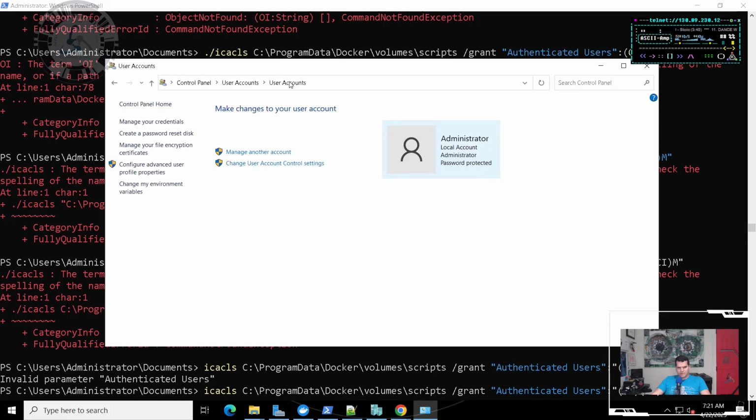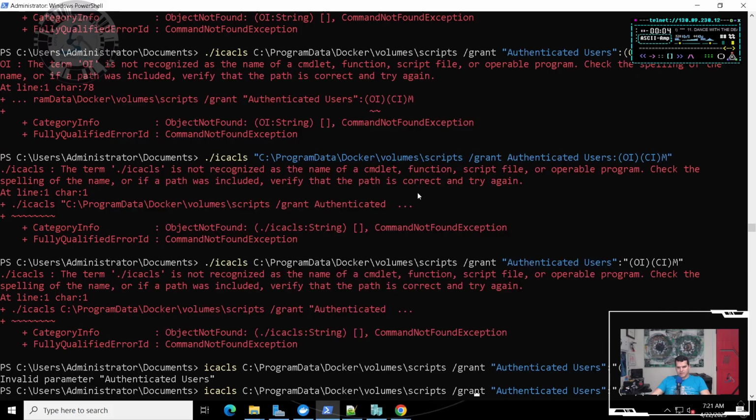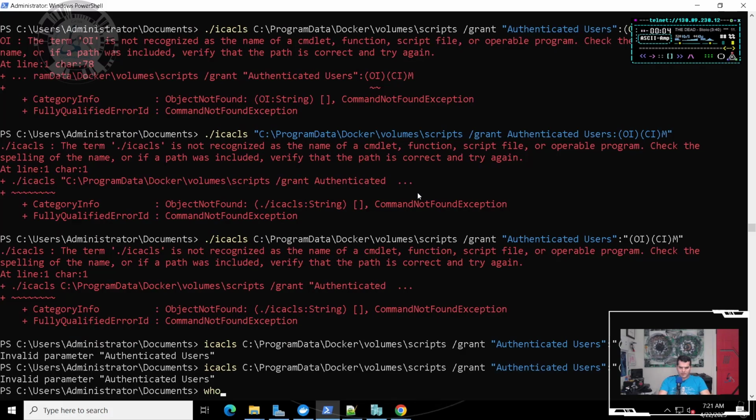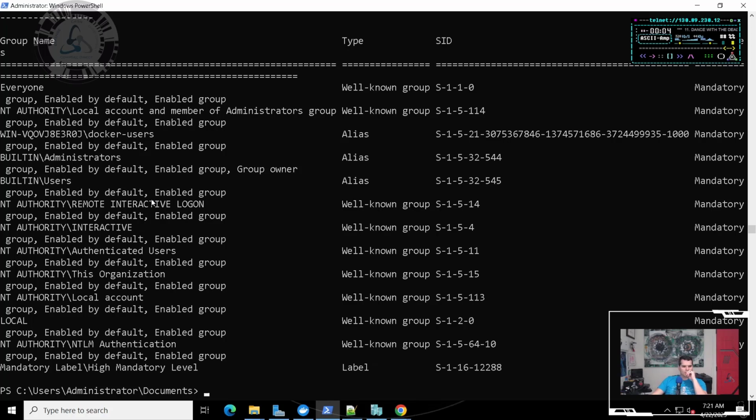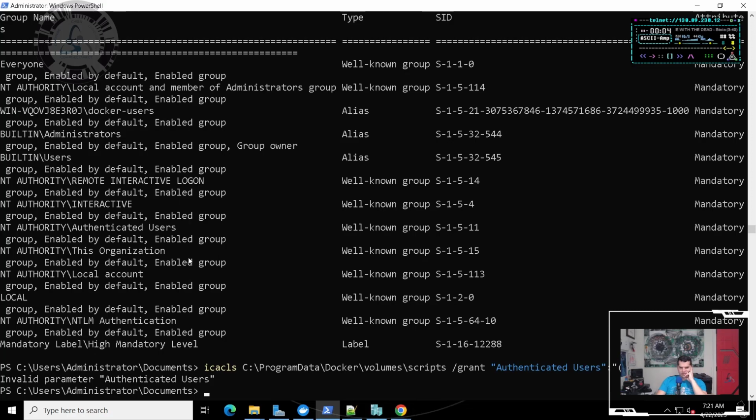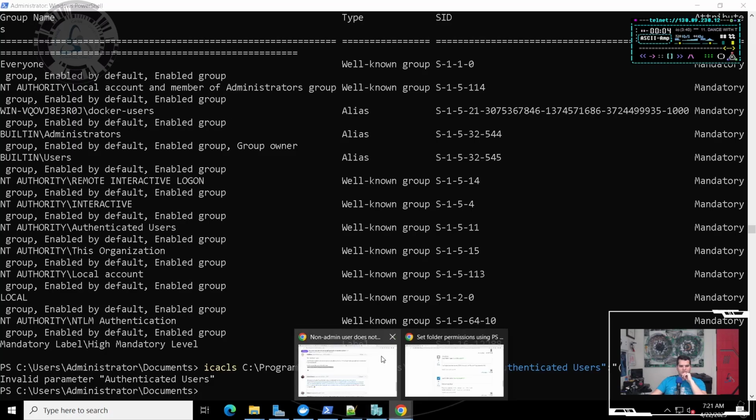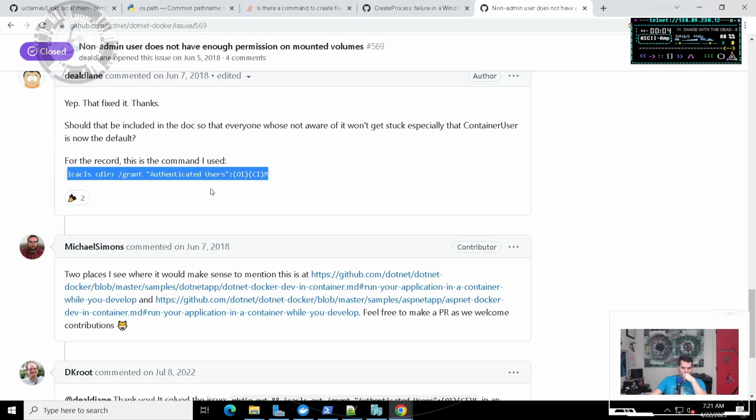So then I can't see the groups. Oh, actually, we did see the groups. We know this doesn't work. mi/groups. We totally have an authenticated users group. Invalid parameter. Grant these people, so there's an issue with this icacls thing. Grant authenticated users